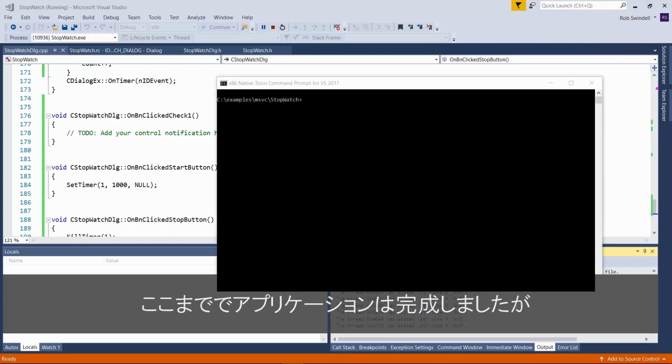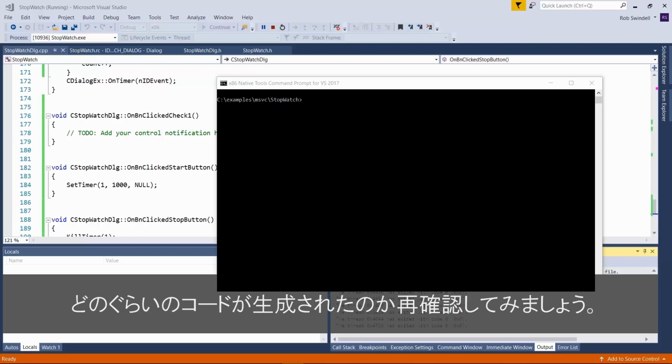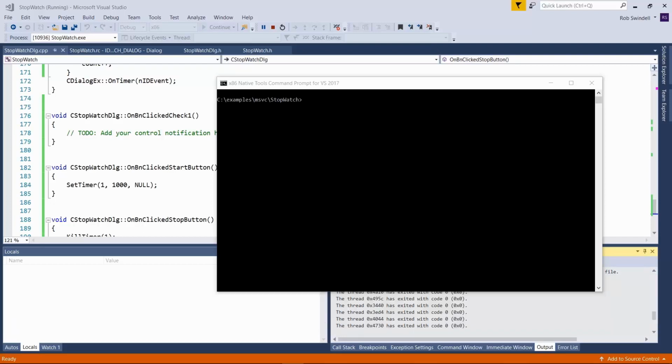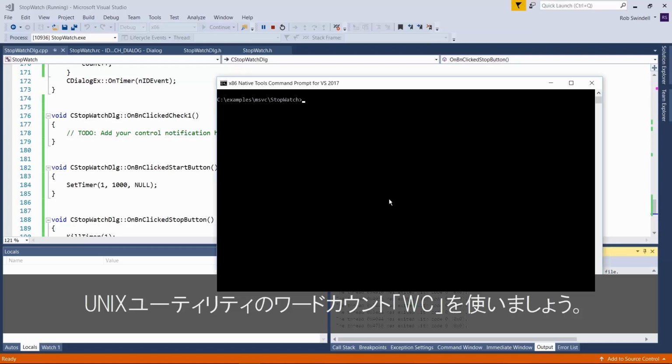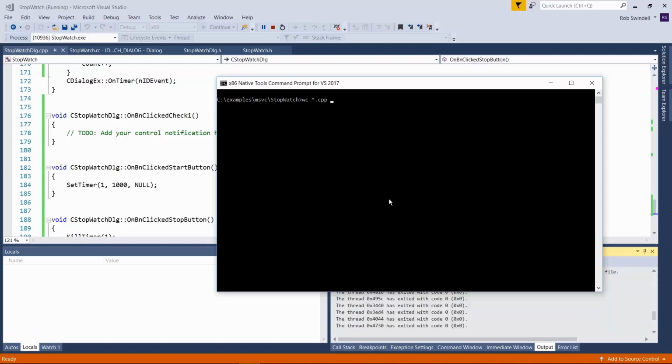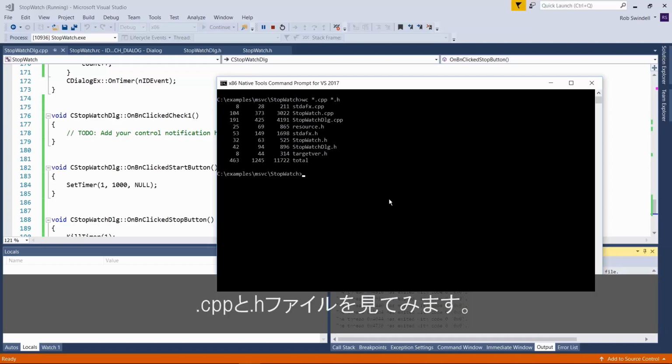Now that we have our application complete to this point, let's double check how much code we have generated. We're going to use the word count program, that's this WC utility, a common Unix utility, on all the source code, CPP and H files. We know we started with about 1,100 lines. I think it was 1,150.